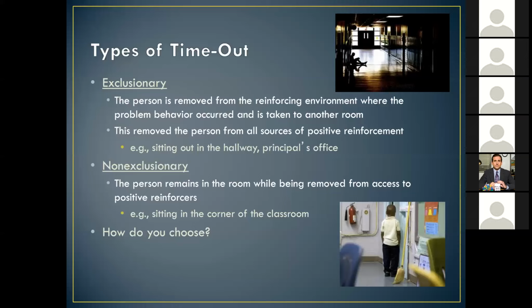There's also some logistical issues, right? There might not be another room where you can take the child. So you may have to do non-exclusionary versus exclusionary. So there are different ways in which you would use this procedure. But oftentimes you will not use the procedure if the behavior is maintained by negative reinforcement, because